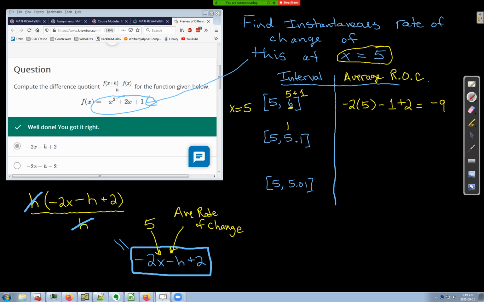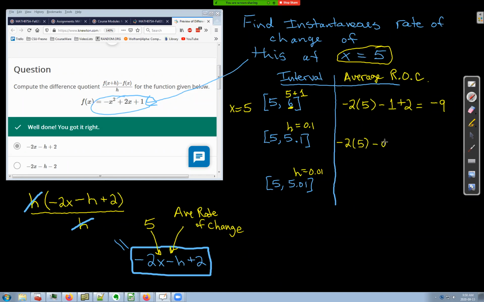So for example, in this one, h is 0.1. And in this one, h is 0.01. And so the moral is that I can compute these average rates of change really fast now, simply using this formula. I can say, okay, this average rate of change is going to be -2 times 5